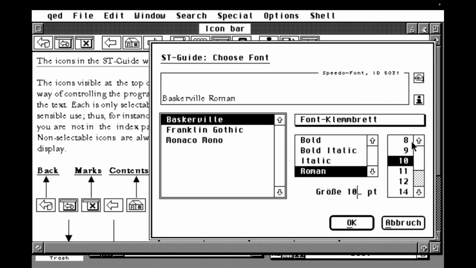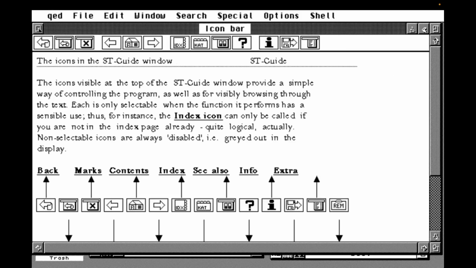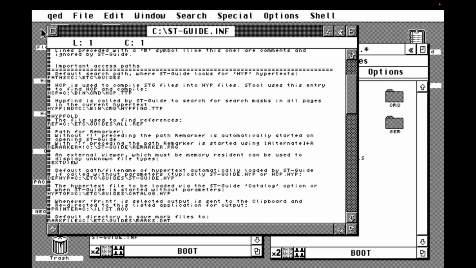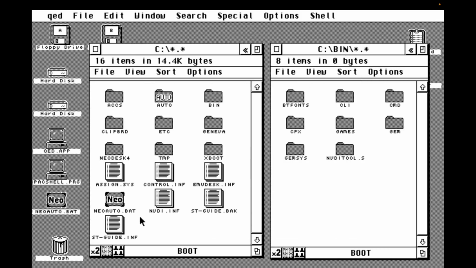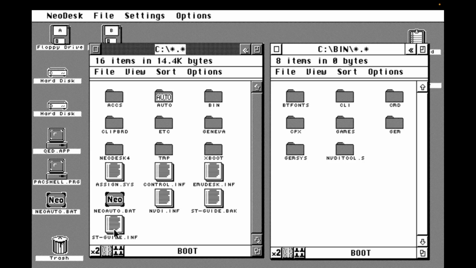It's important that you should be able to find that ID out, because in this case, 5031, if you want to actually persist that, you can't just save the config, because ST Guide's not that sort of clever. But if you go into the ST Guide configuration file,